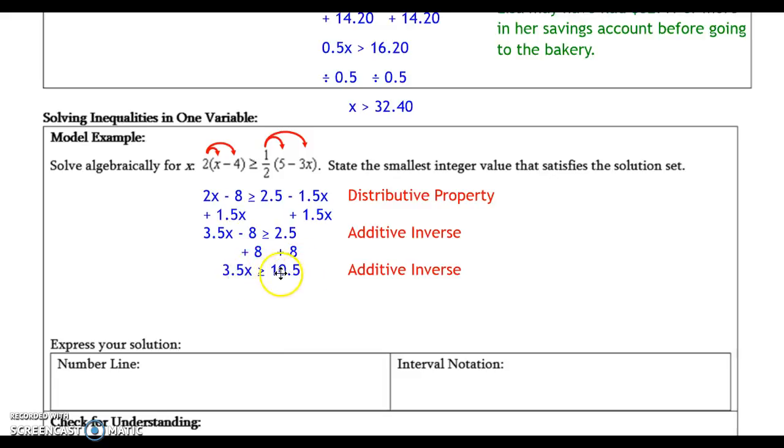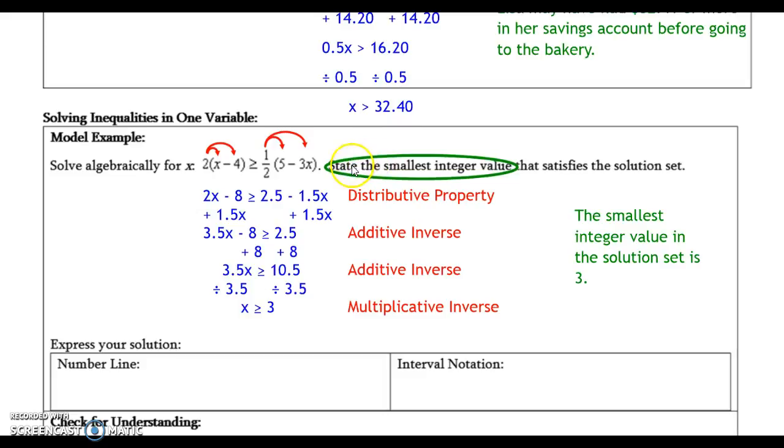Now I'm going to solve this problem by using multiplicative inverse. And you can see that I divided by 3.5, and I used the calculator to get this answer: x is greater than or equal to 3. Last, I have to state the smallest integer value that satisfies the solution set, and I can do that using